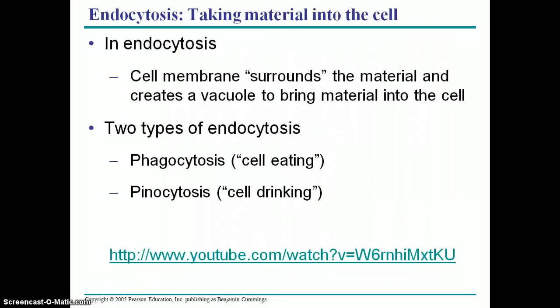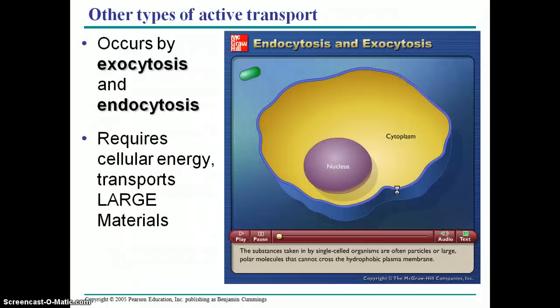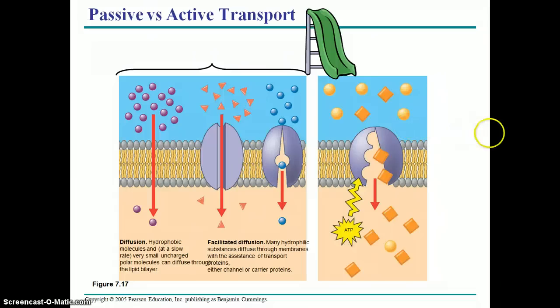And that's it for active transport. So active transport, endo and exocytosis, and then using the cell membrane to go from a low concentration to a high